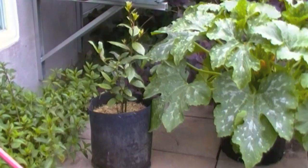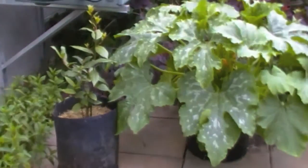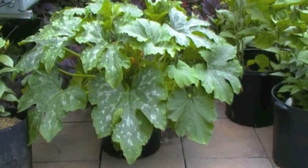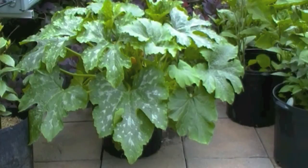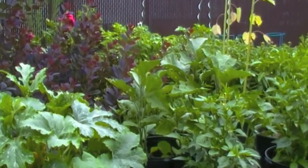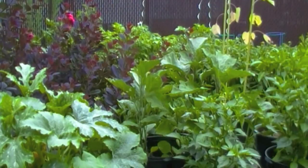Okay, so here we have the bay laurel. I just transplanted it in a grow pot, so it would air prune the roots, and it seems happy there. I have two zucchinis in the same pot, but it's the largest they're going to become, because they're smaller plants, and they're very good for growing in pots. In the back I have 4 eggplants,